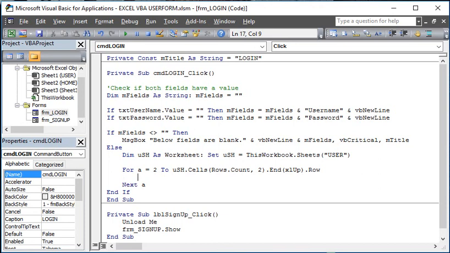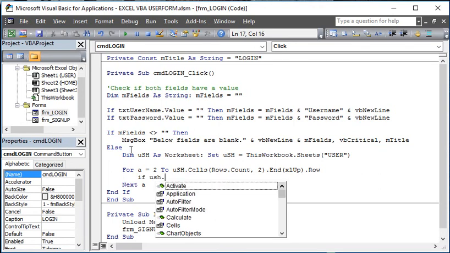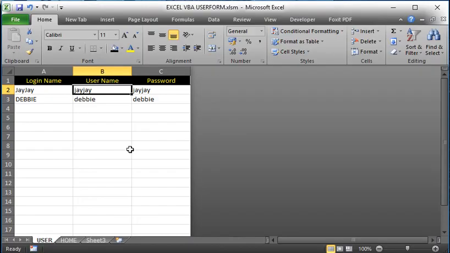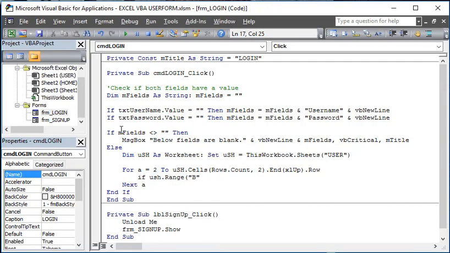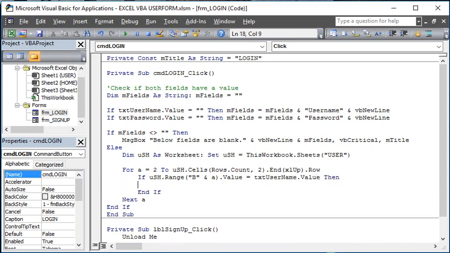Okay, so now let's have an if statement that if ush.Range b, so this is column B, and whatever the value of a variable is equal to the txtUsername value, then